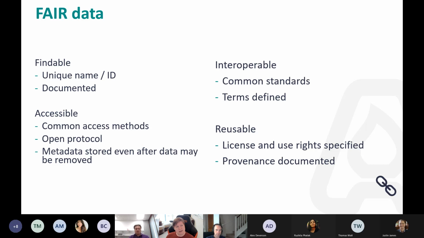One thing to start thinking about is your data and the acronym FAIR. Is your data findable, accessible, interoperable, and reusable? This is an increasingly used acronym and approach inside academia that we can also apply in industry.